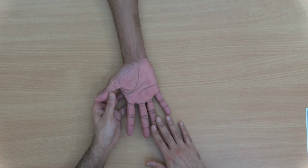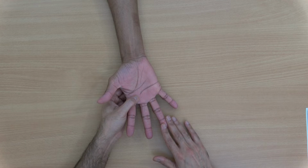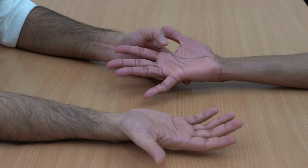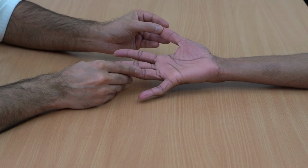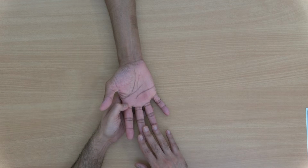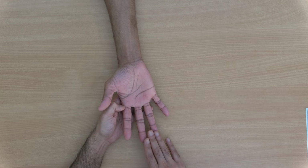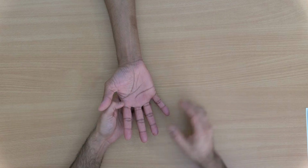Examination of trigger finger is usually quite easy, as they can easily demonstrate what the problem is in front of you by showing you the clicking of the finger or the clicking of the thumb as well. In milder form of disease, when the patients cannot show you the locking and clicking in clinic, we can examine